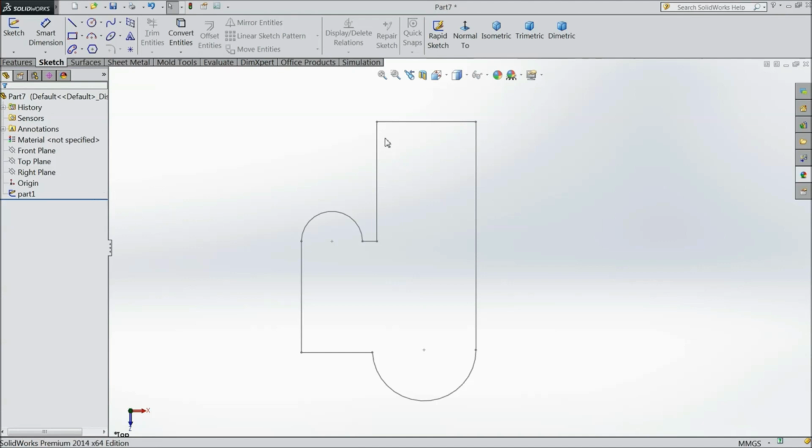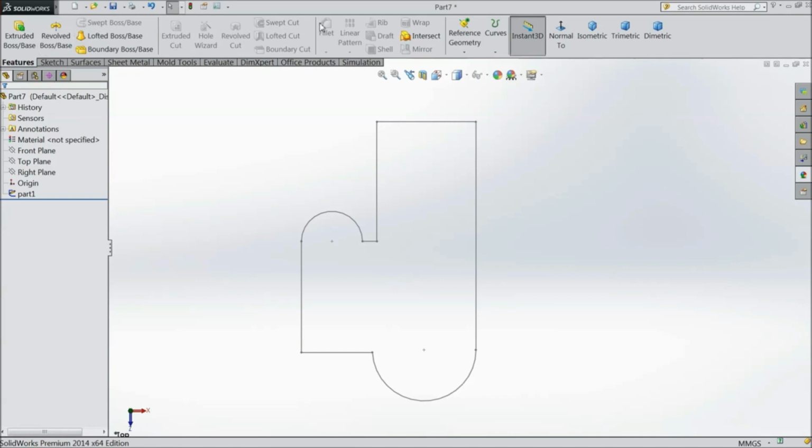Now we want to see how to extrude this body. So go to feature. These are the 3D modeling tools. There are many tools: extrude, boundary, lofted, revolve, hole wizard, but there are many options. But today we will see only extruded boss. So select your part 1